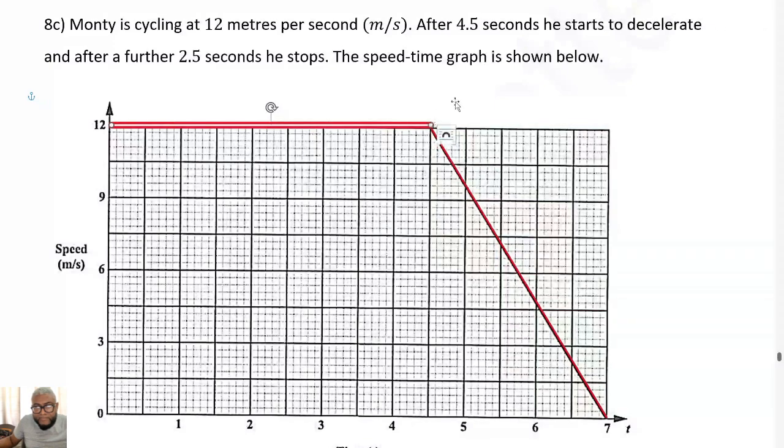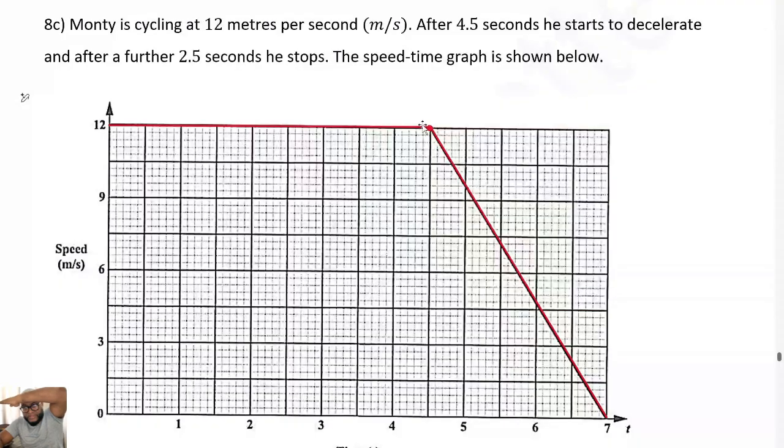We don't draw any graphs yet unless they ask us to draw it, right? This is the first part. So it stops here and then it started to go down. That's the graph. So Sadie Edwards, for the part of the speed-time graph that is flat like this,